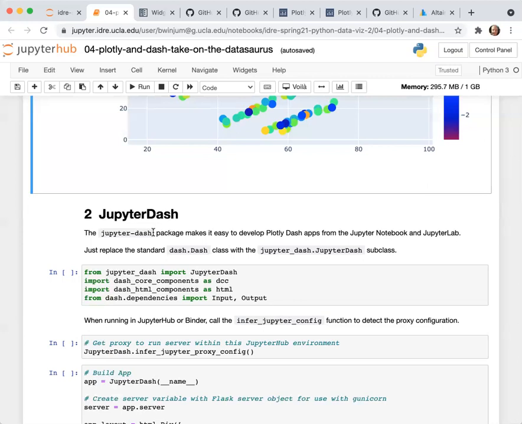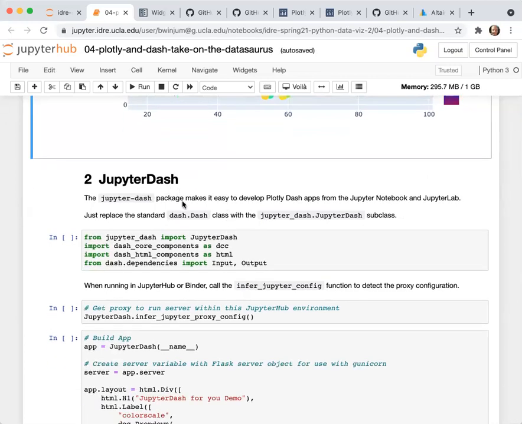You can use Dash outside of the Jupyter Notebook to explicitly generate web applications from Python code. So it doesn't necessarily have to be integrated with the Jupyter Notebook itself. The Jupyter Dash, which we installed with the pip install, is what was necessary to integrate it into this Jupyter Hub environment that we're working with.